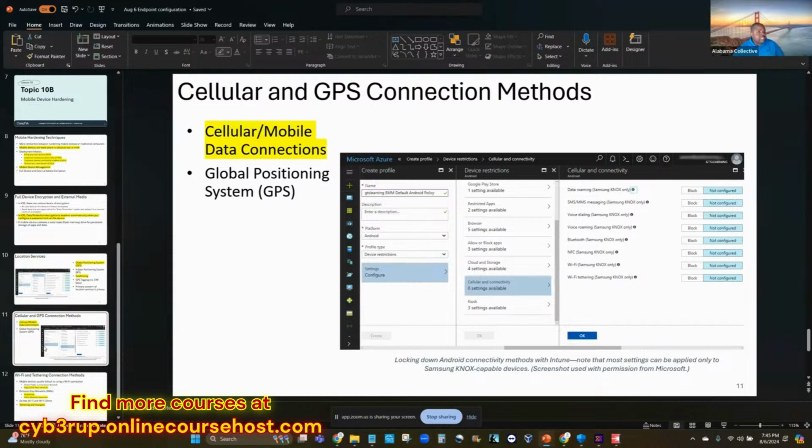Cellular and GPS connection methods. So we're talking about how you actually connect to the internet via your phone, and it's really kind of just one way. Maybe, well, it's more ways, and we'll go over that. But the main way will be your cellular data plan or Wi-Fi. Now we all know about Wi-Fi and what we want to connect to and what we don't want to. I'll go over that in the next slide shortly, but we have to understand that cellular data plans are just,